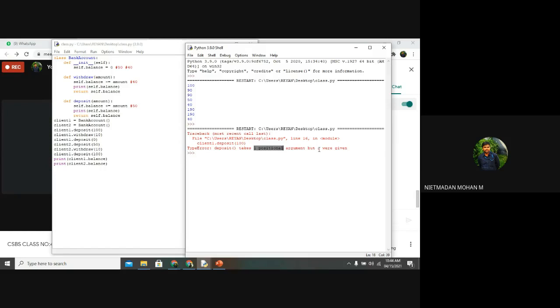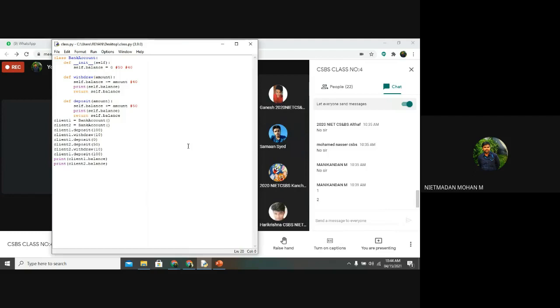But when you are creating a class and passing one argument, it will automatically take a 2nd argument with the detail called self. So this thing you want to note, that self is mandatory. This is the process of creating a class and creating an object by using the init function.